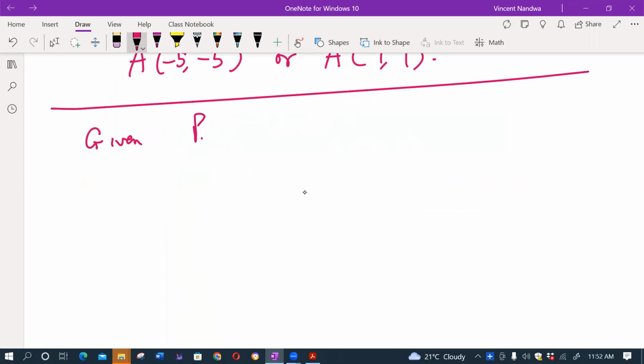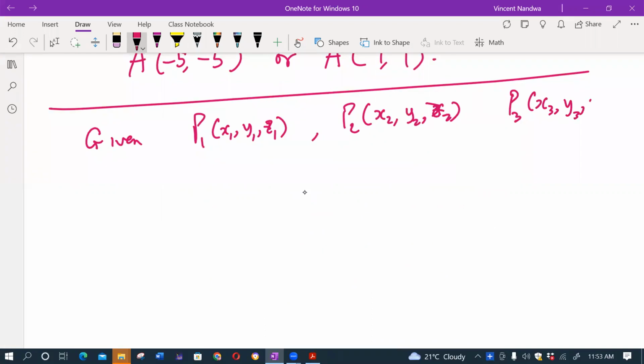3 points, say P1 (X1, Y1, Z1), P2 (X2, Y2, Z2), and P3 (X3, Y3, Z3), which are non-collinear, then the equation of a plane